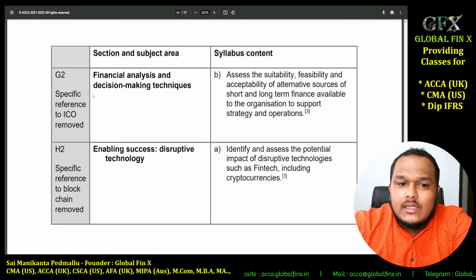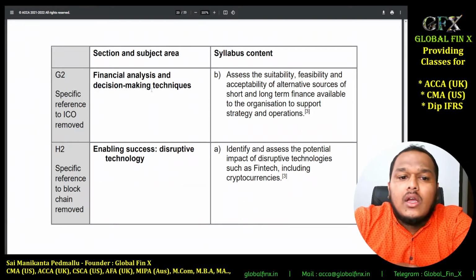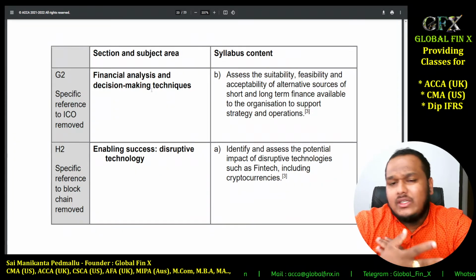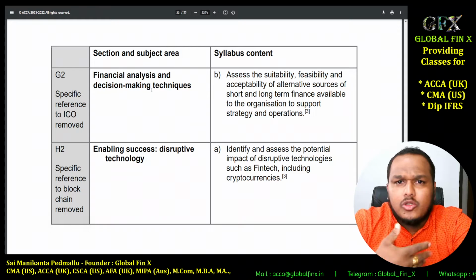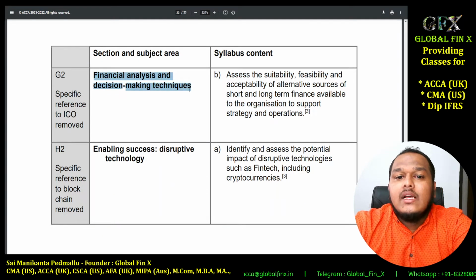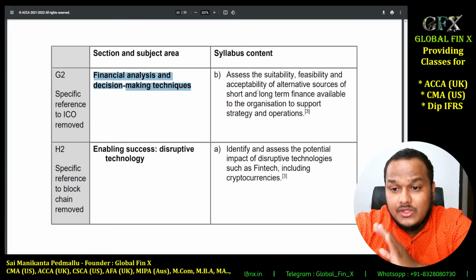So that is again decision making techniques. Also use high low techniques, or else we can say your learning curve analysis, whatever. See, it differs from book to book that you are referring to. So financial analysis and decision making techniques, earlier we used to have one topic, we still have a topic